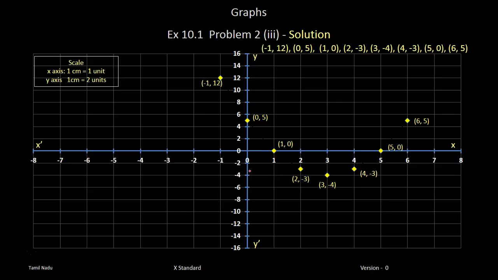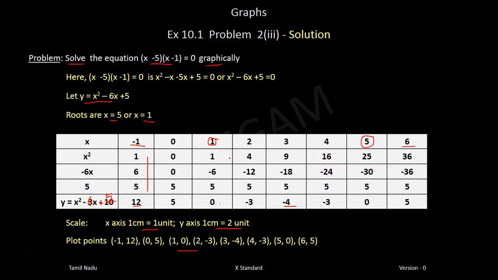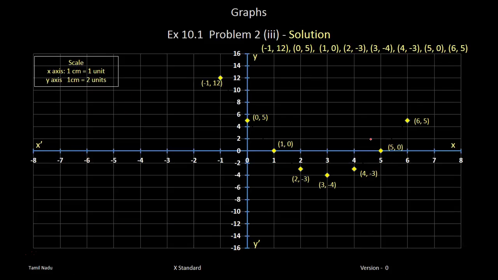Okay, so we have the x-axis and y-axis. Before that, please see that y is extending both in the negative as well as in the positive. You have negative values of y as well as positive values of y. So we'll have to put equal numbers on both x and y. Whereas for x, it is from -1 to 6, it is more towards the positive side. But anyway, to follow the same practice, I've extended from -8 to 8 on the x-axis, and on